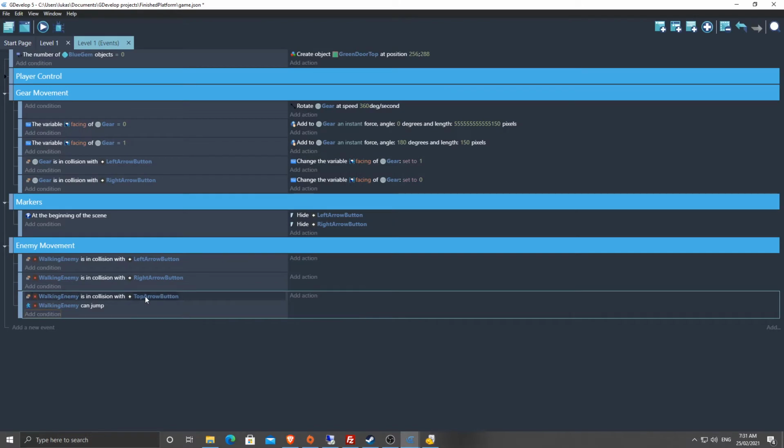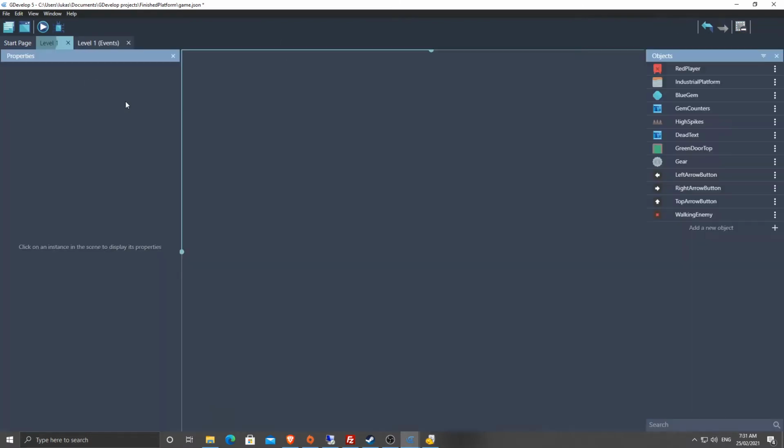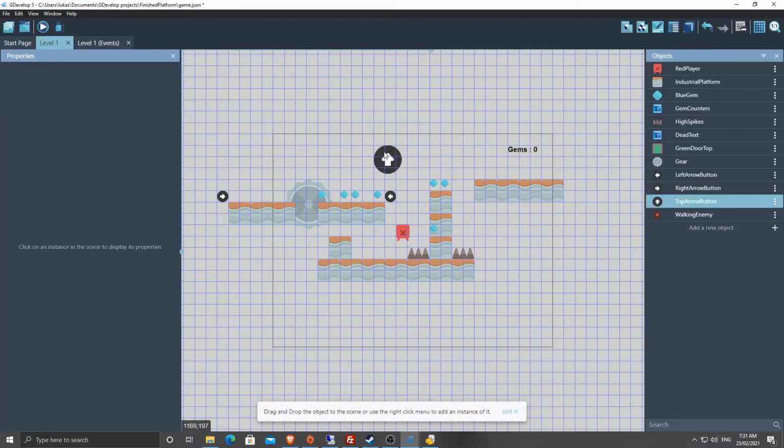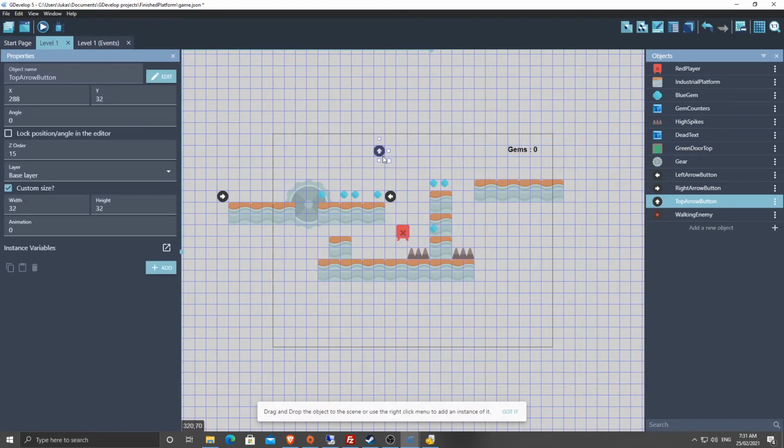So that when it collides with this top arrow button, which I'll put in now, I'm going to put one of these in, I'll make it quite small. I want him to jump. Okay, I want him to jump here. I want him to jump here, but kind of in the middle, so I'll hold Alt to position that there. And I want him to jump. It's weird, why won't it let me